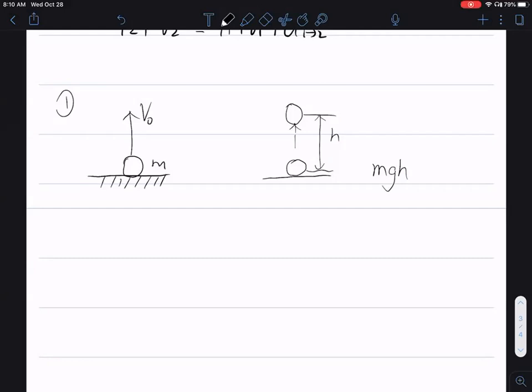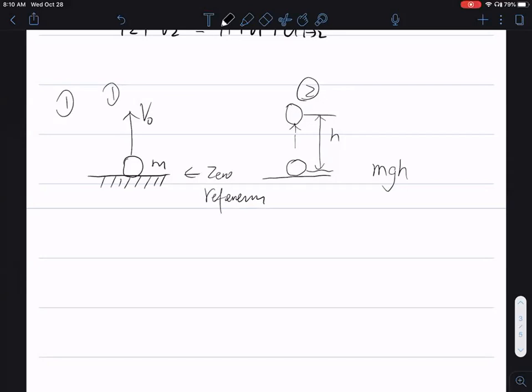So in this case, it's an exchange of kinetic energy and potential energy. If we call this position 1 and this position 2, at position 1, if we set this point as the zero potential reference,